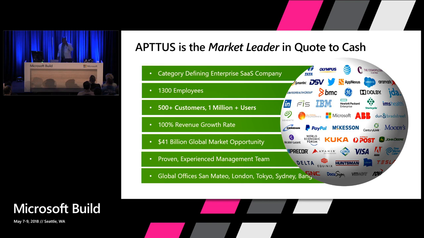My name is Corey Haynes. I work at Aptus. So my role is global financial services vertical head, long title. I run the financial services industries portion of it. And let me give you a little background about our company. Software company, SaaS, 1,300 employees, still small, private, 500 plus customers, million users, et cetera.